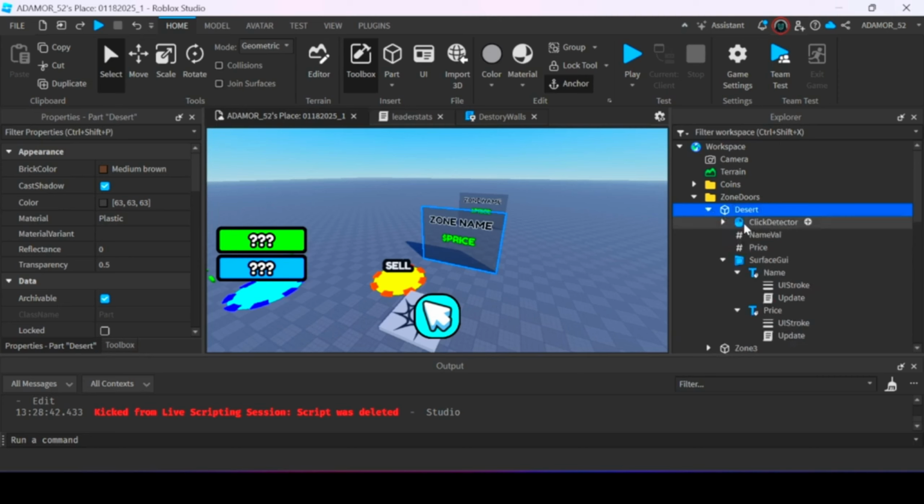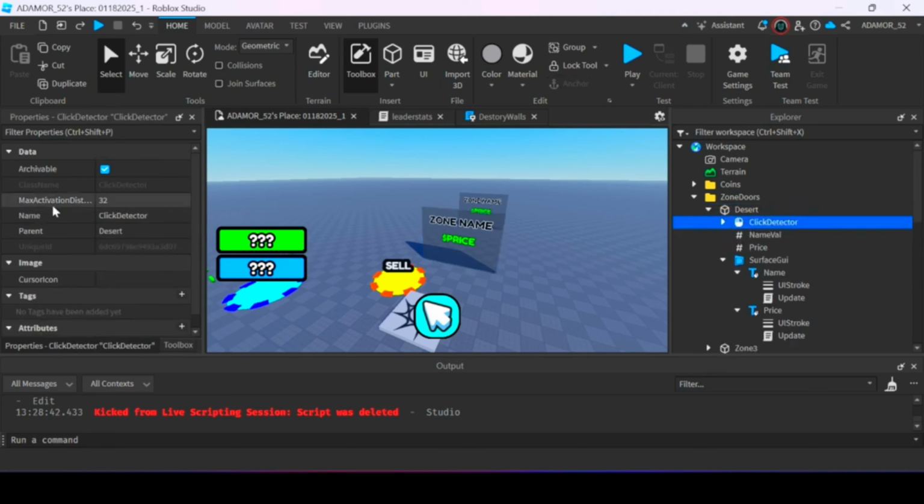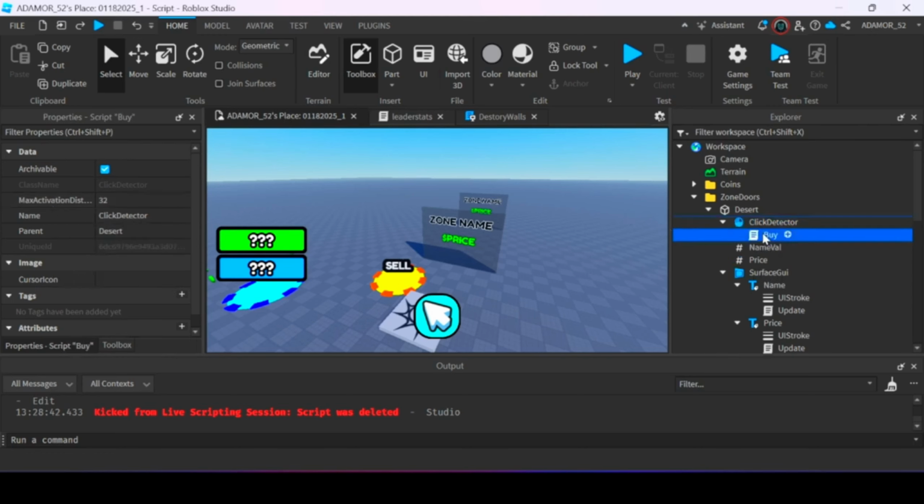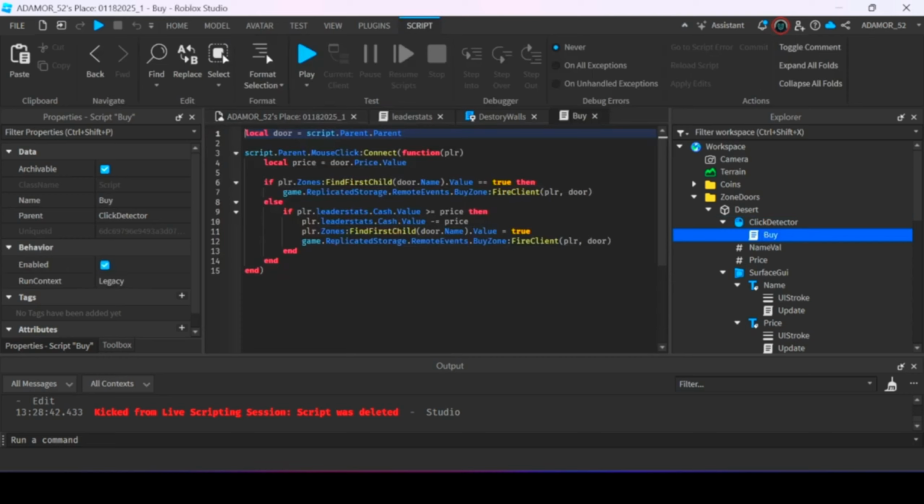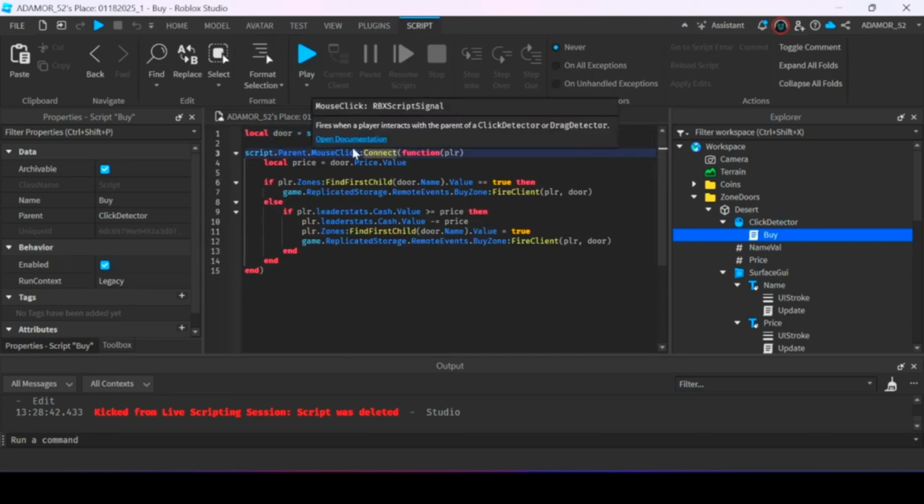Well, each zone has a click detector. You can set the max activation distance. I kept it at 32. And the click detector has a buy script. In this script we will get a door, so it is script.parent.parent, and then we will do script.parent.MouseClick connect function